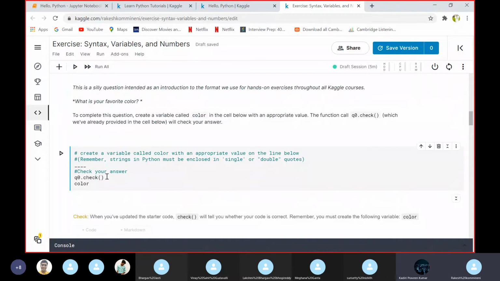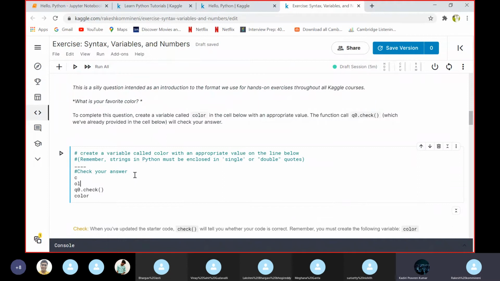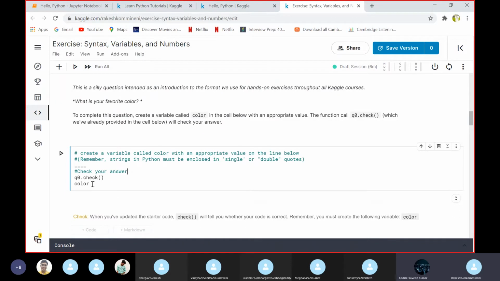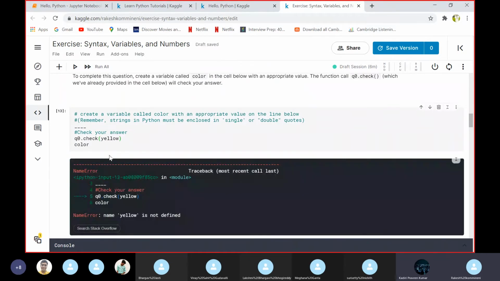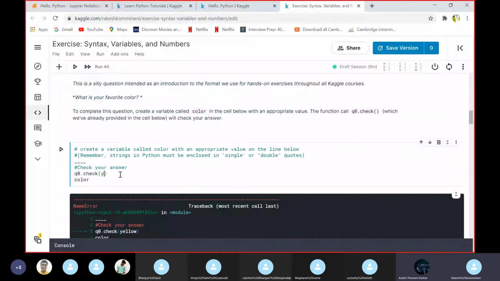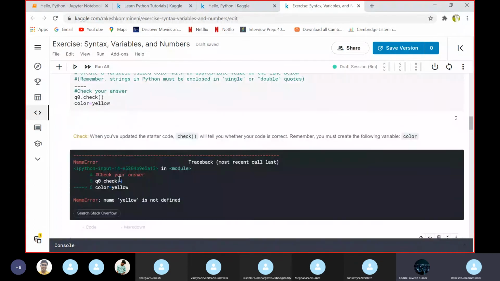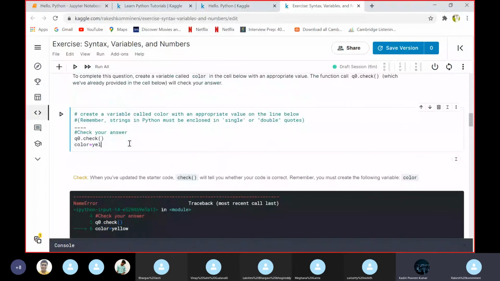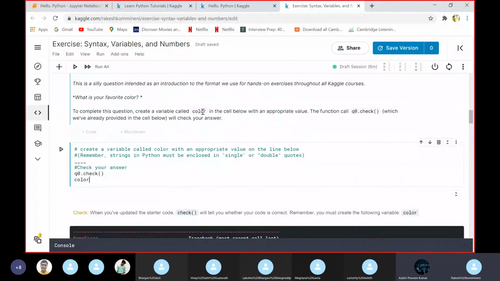Create a variable called color in the cell below with an appropriate value. The function called check, which I have already provided, will check the answer.